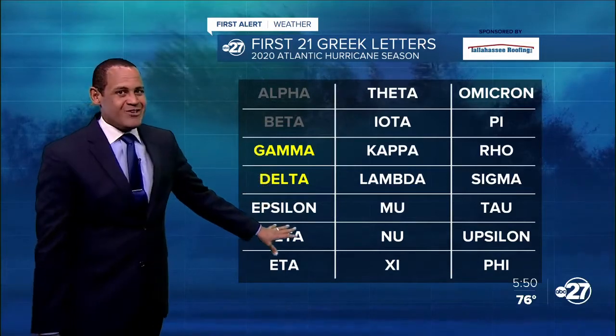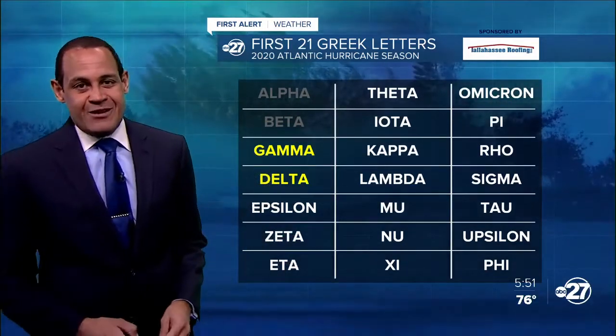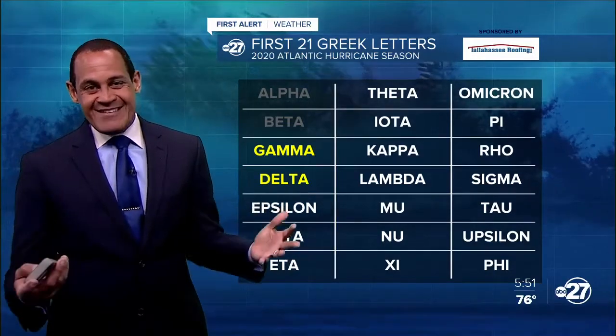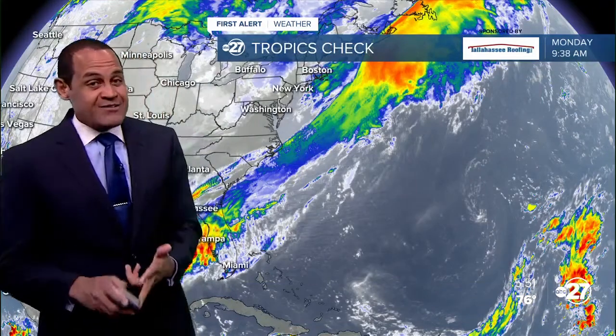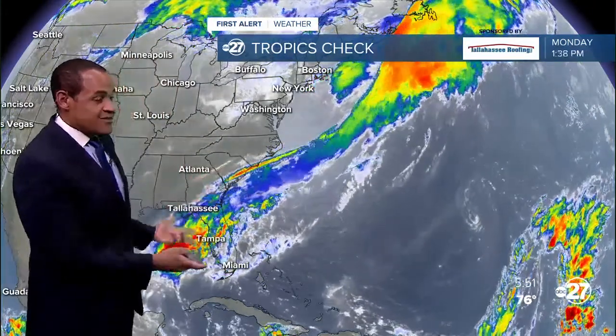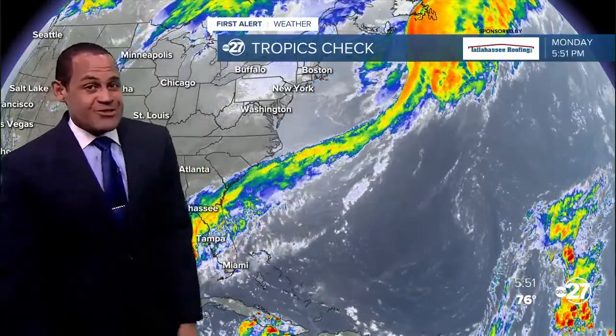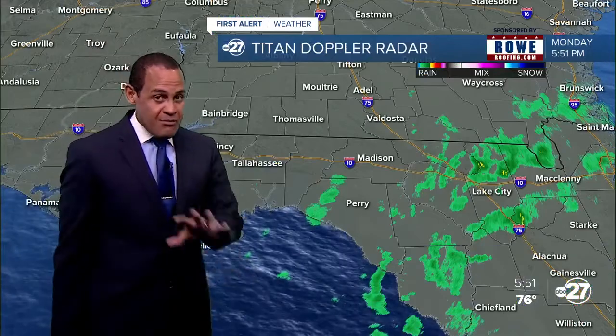After these two, let's hope we don't have any more named systems, but Epsilon would be the one to follow Delta. We've had 28 systems in 2005, 27 named, 1 unnamed. That's the record, and we're at 25 right now, so we're not that far off. Fortunately, aside from those two, there aren't too many other systems in the Atlantic Basin to really hone in on for future development, so maybe we can catch a break after